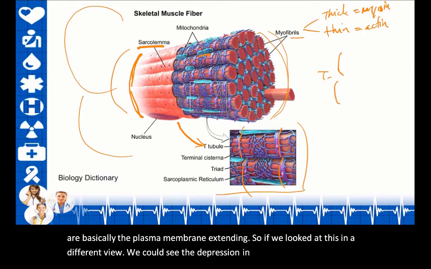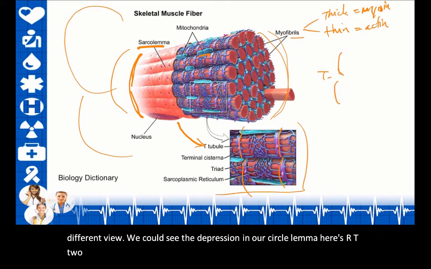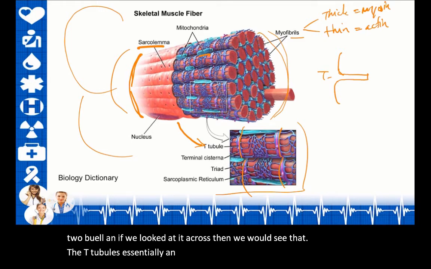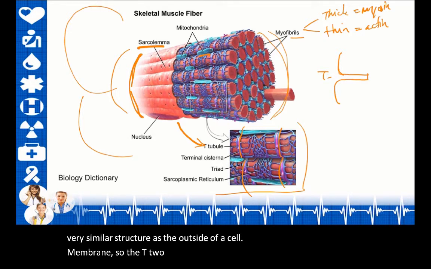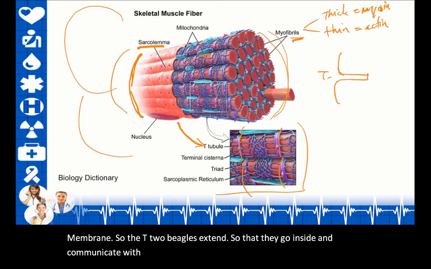So if we looked at this in a different view, we could see the depression in our sarcolemma. Here's our T tubule. And if we looked at it across, then we would see that the T tubule is essentially an inward projection of the sarcolemma. So it has a very similar structure to the outside of a cell membrane. So the T tubules extend so that they go inside and communicate with the individual myofibrils, and they're connected